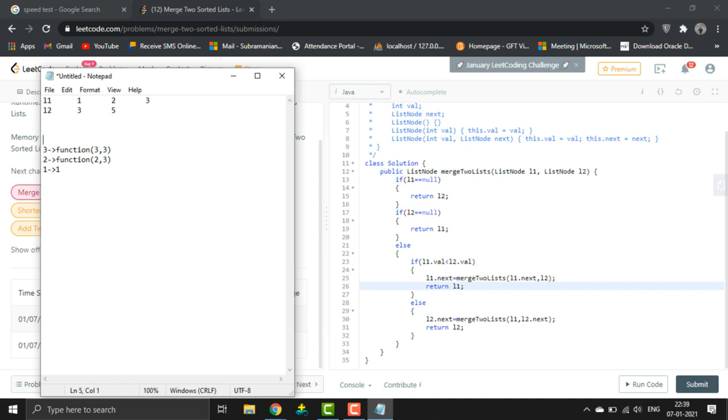So in here the first element, I mean L1, won't change, because we are directly giving the L1. It is greater than the second linked list L2, so it comes under this condition.